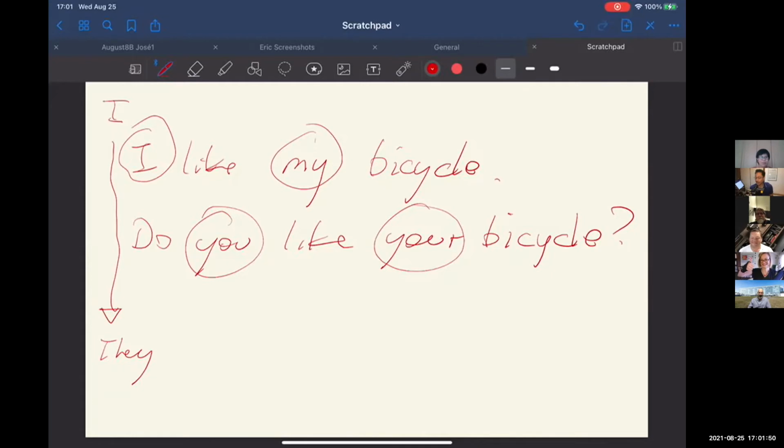Now, where I sort of lay a trap for them, but it's a friendly trap, is I don't remind them that we is a plural first person. And maybe a brother and sister are sharing a bicycle. But you could do it with something like, I like my book bag. Do you like your book bag? That's probably not something that's necessarily shared between 2 people. And I catch them and they say, we like our book bag. And at the end of the demonstration, I said, did you notice that I laid a bit of a trap for you?